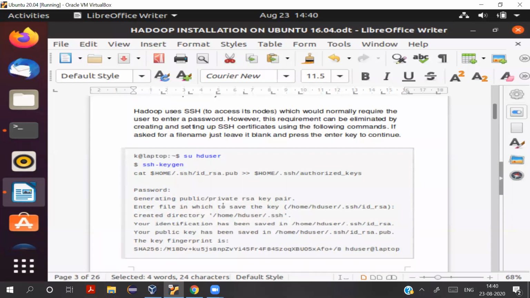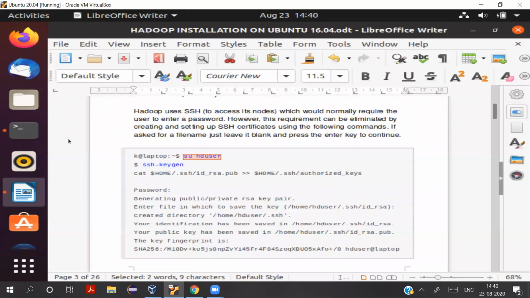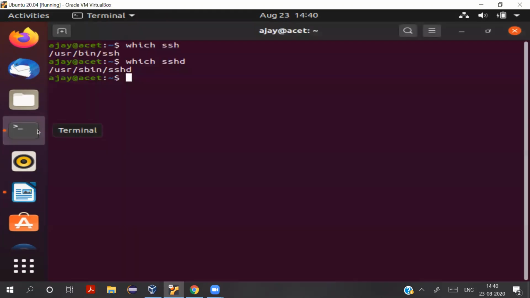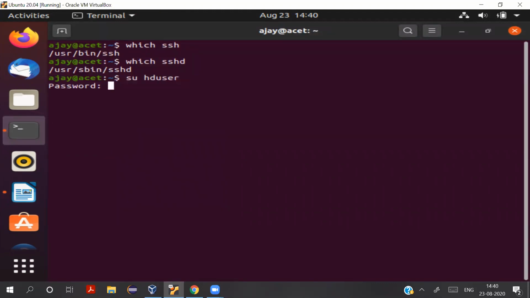Now you must generate a secure key for this connection. So we must first log in as HD user. So now we are logging in as the HD user in which we'll be installing Hadoop.